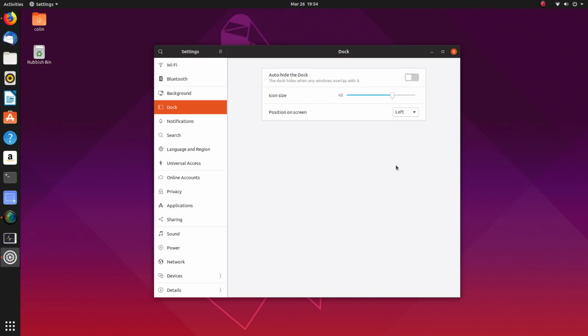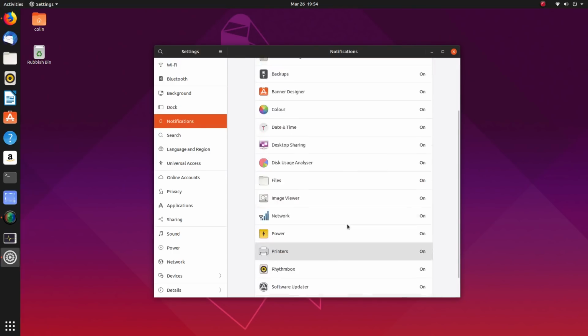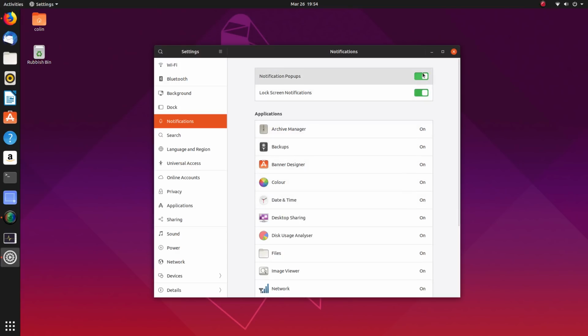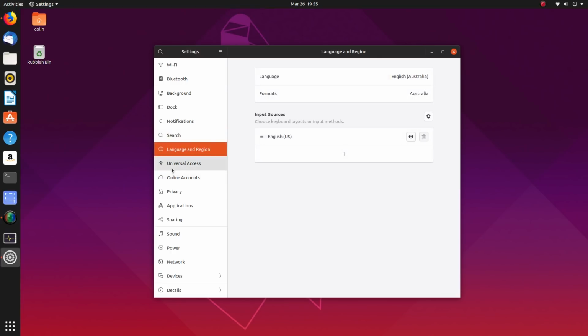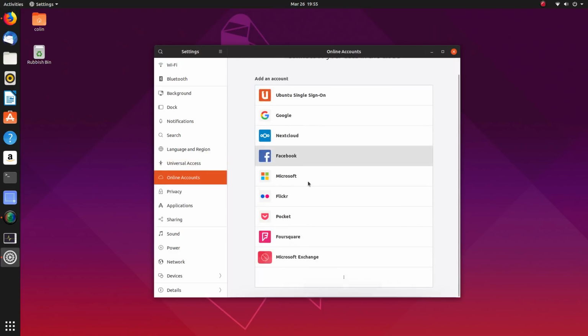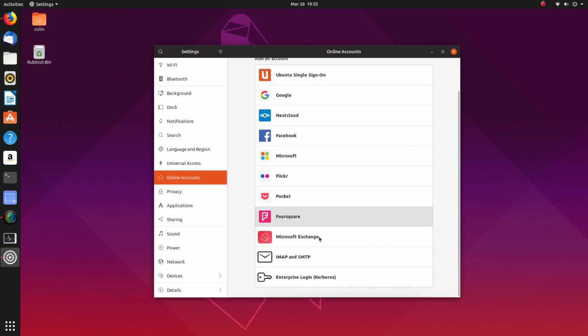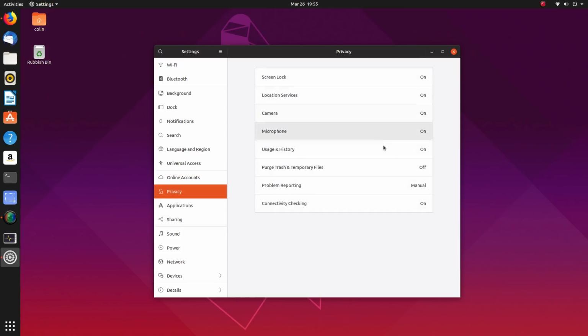You can change your notifications here for certain applications. You can choose to turn pop-ups off, lock screen notifications off. You can choose what goes into searching, language and region, universal access, online accounts. Oh, they've got an Ubuntu single sign-on. I've got an Ubuntu account. Privacy,